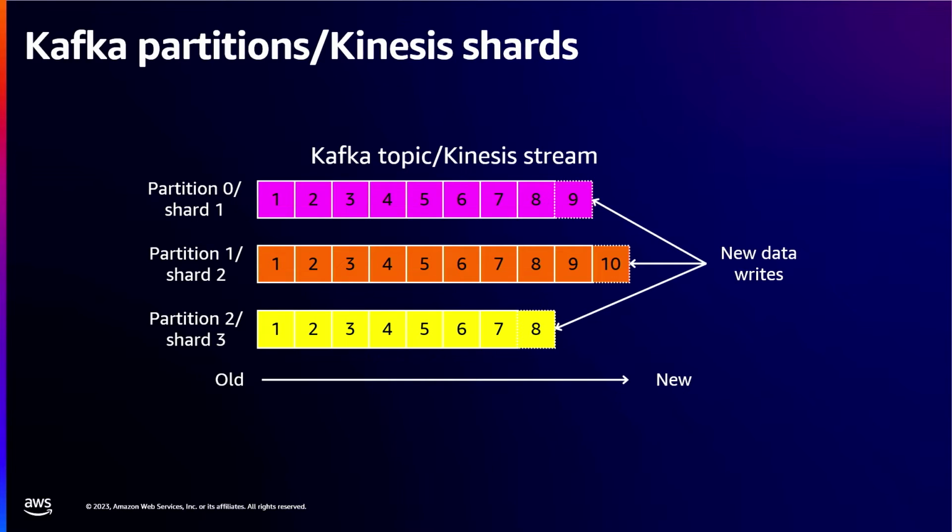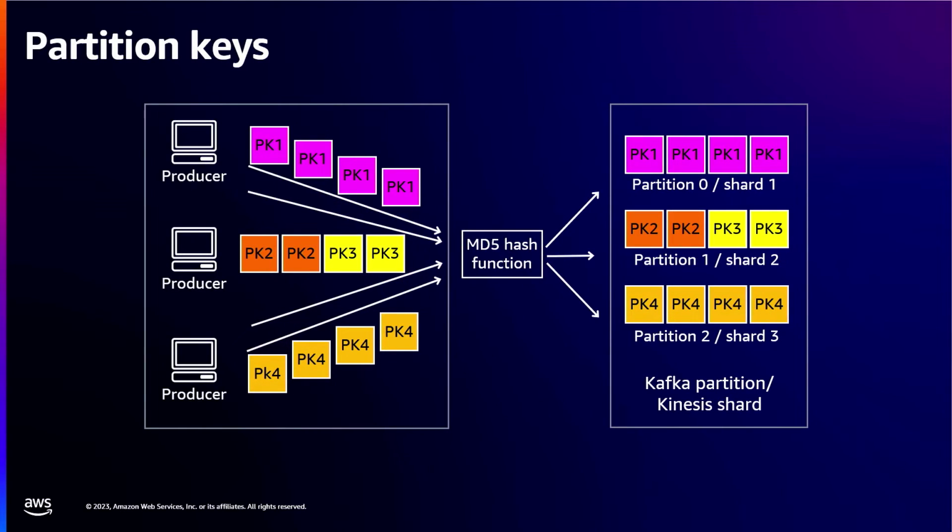So depending on the configuration and what service you're going to use, a stream could have a fixed amount of time or a fixed amount of storage, and old records just sort of disappear out of the end, and new records always add onto the front. The new data writes are onto the front.